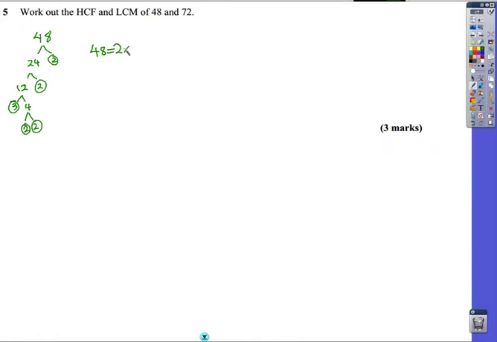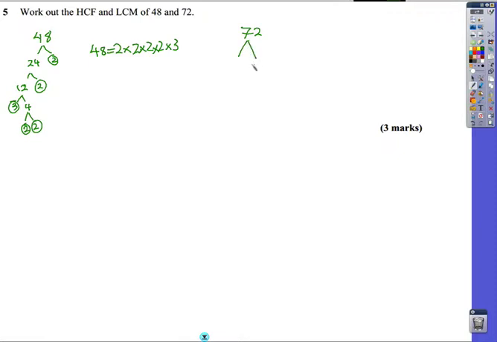Just quickly checking, we've got 1, 2, 3, 4, 5 prime factors. So I'm 90% sure that what I've written here is right. Just checking the number of 2's. 1, 2, 3, 4 2's, and 1 3. Good. Now for 72,